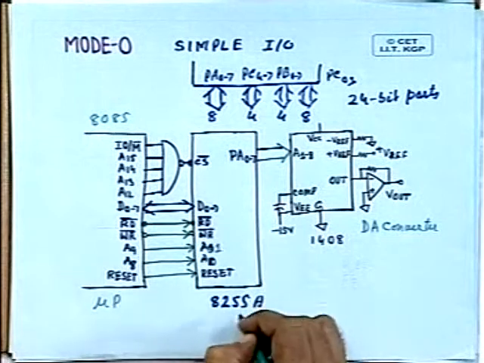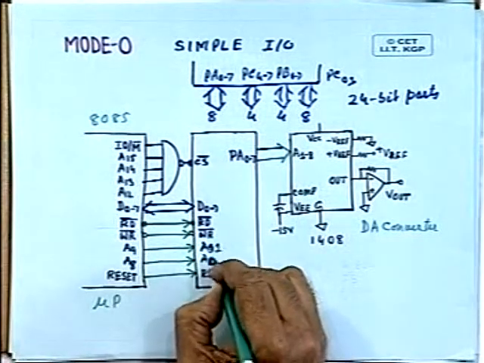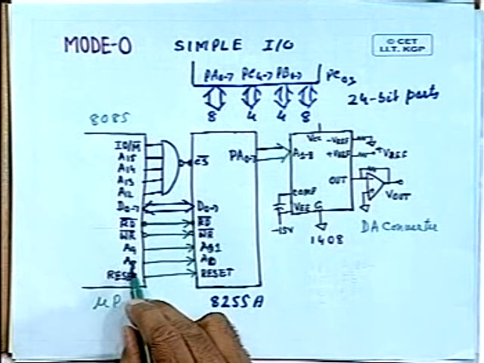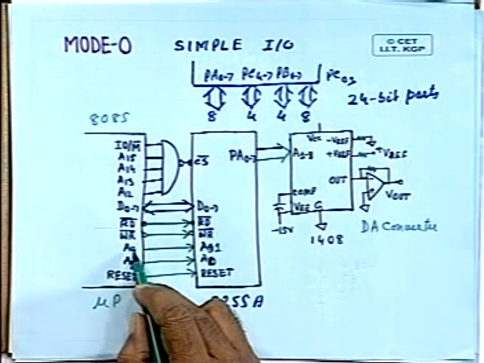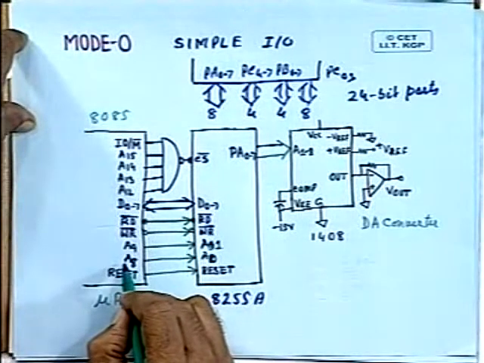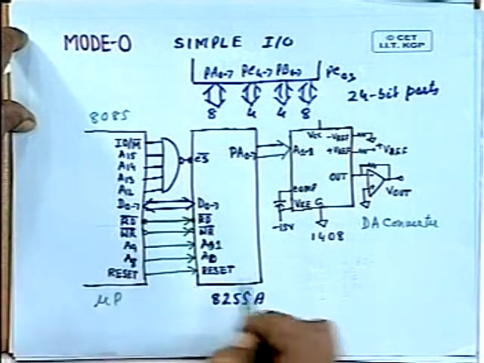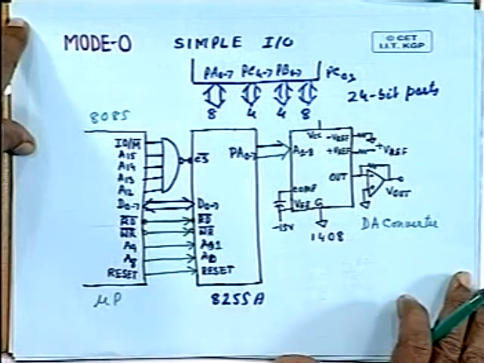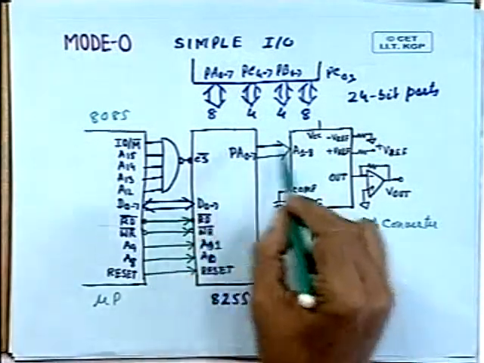Actually in 8255 it is A1 and A0, not A9 and A8. We can connect A9 and A8, or we can also connect A0 and A1. As we know, in case of input and output operations, the A0 to 7 and A8 to 15 have the same values. That means A0 and A8 have the same value, A9 and A1 have the same value. So it does not matter whether we connect A0 or A8 or A1 or A9. So here A8 and A9 have been connected. And how will it work?